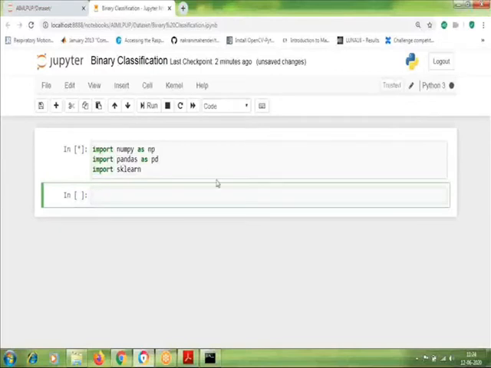Once the library has been imported, the next step is to import the data set. Today we are going with binary classification, so we are going to import the PIMA Indian diabetes patient data set.